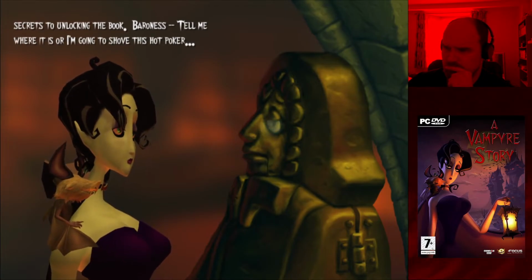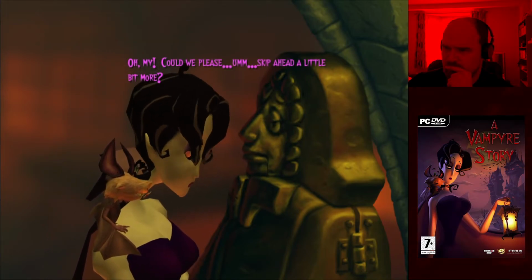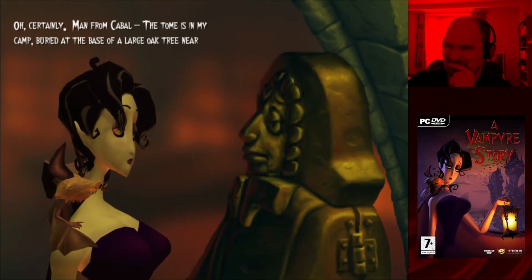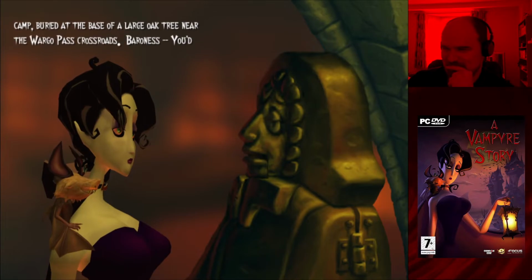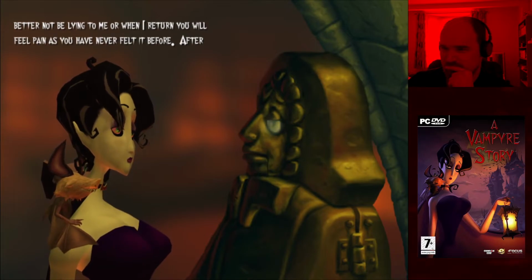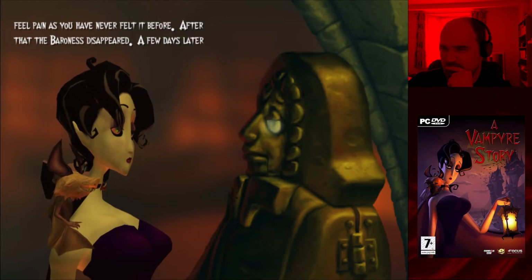Baroness, tell me where it is or I'm going to shove this hot poker. Oh my! Could we please skip ahead a little bit more? Oh, certainly. Man from Cabal. The tome is in my camp, buried at the base of a large oak tree near the Vargo Pass crossroads. Baroness, you'd better not be lying to me or when I return you will feel pain as you have never felt it before.